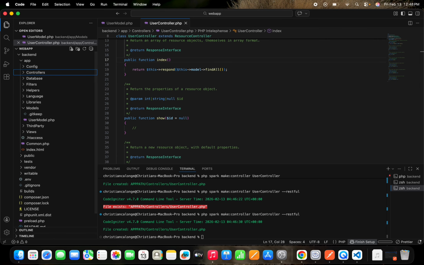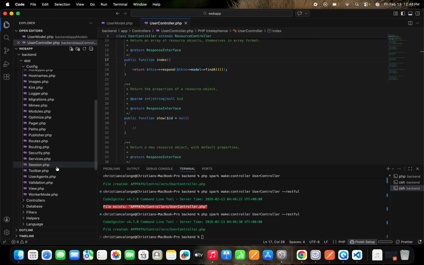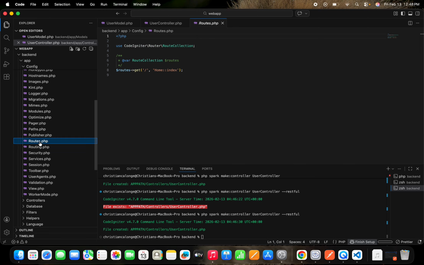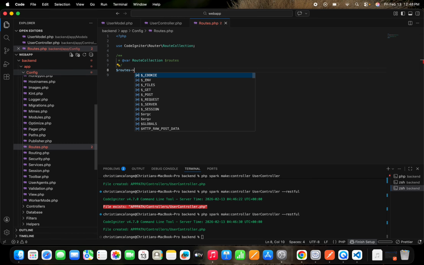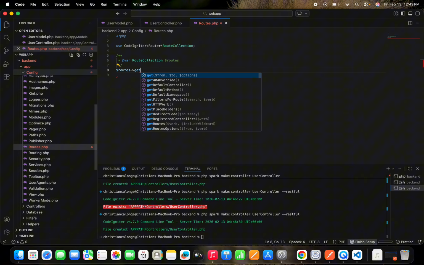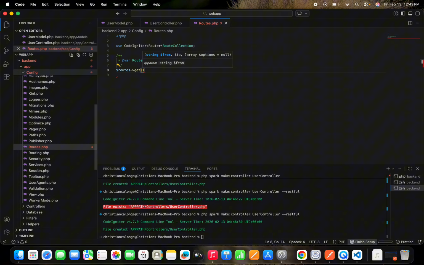Next, let's open the Routes.php. Open Config, go for Routes, and under routes we will remove this. We will now add the routes here. Since we are using a GET method, we are fetching or retrieving all the records inside your database.